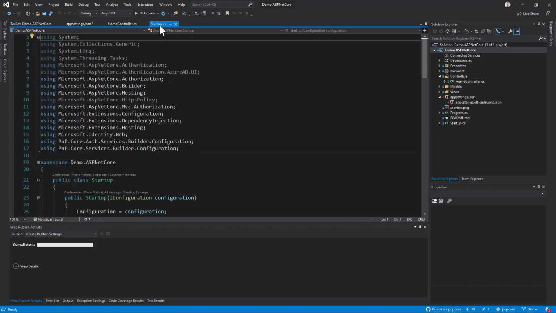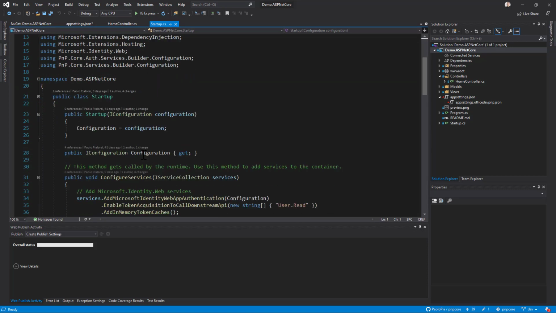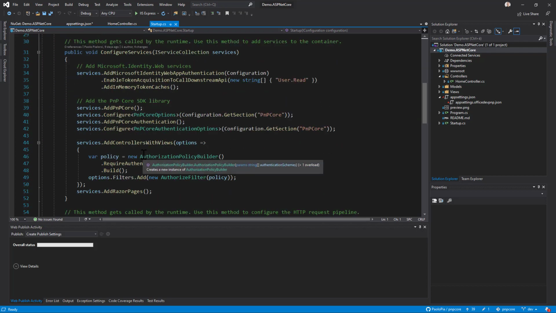Then, this is a web application, so in the startup.cs file of this ASP.NET MVC based on .NET Core application, I have in the ConfigureServices method of my startup class simply the call to AddPnPCore and AddPnPCoreAuthentication to register the dependency injection for the services that we provide in PnP Core SDK. And I configure the PnP Core library with its options, targeting a specific section of my appsettings.json file,